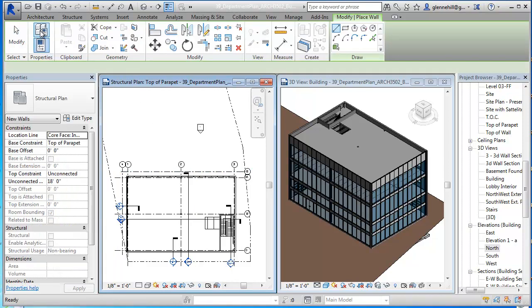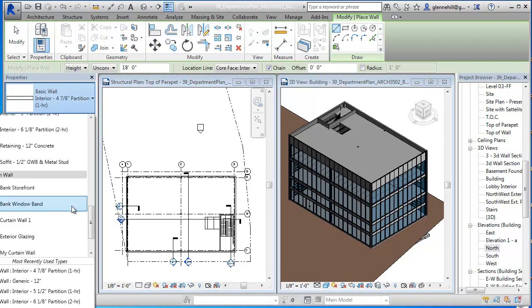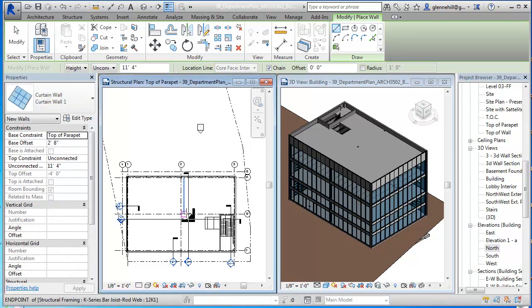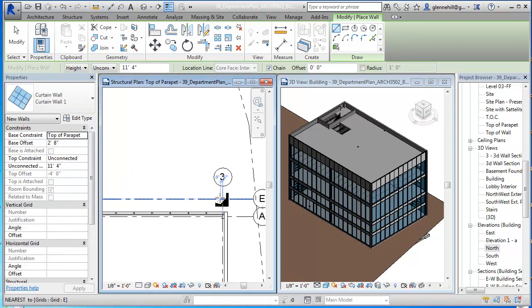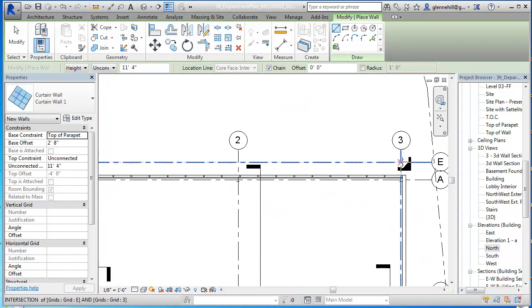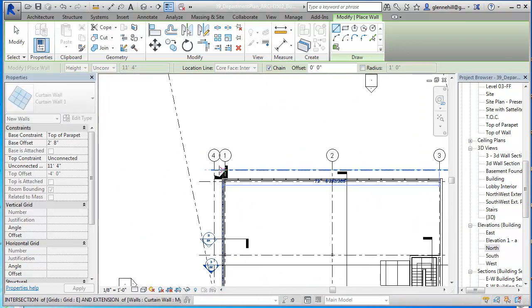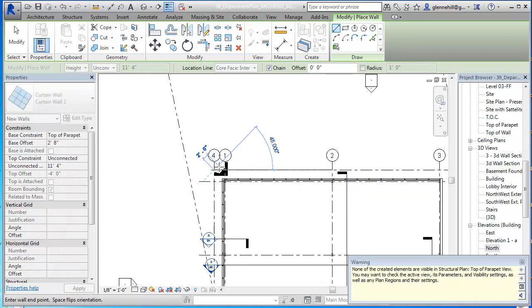So I'm going to go into walls and then down here to curtain walls, and I'm going to use the generic curtain wall initially, and then I'm going to change it. So I'm going to put generic curtain wall, and I'm going to run my curtain wall from, let's get this up bigger so I have a little bit more space, from here to here. Okay. It says it's not visible. I opened a structural plan to put this in. So it says it's not visible. That's fine. I'm going to go ahead and accept that,